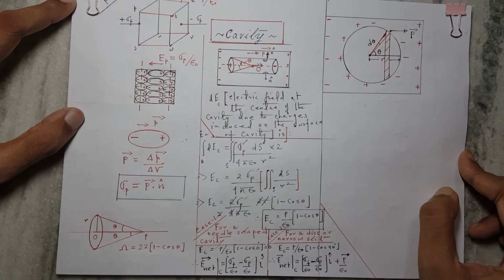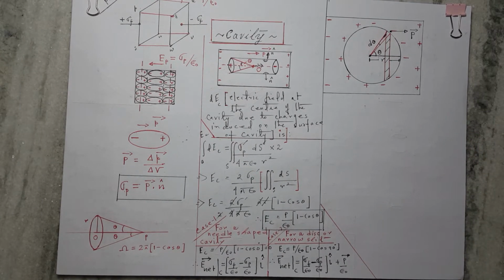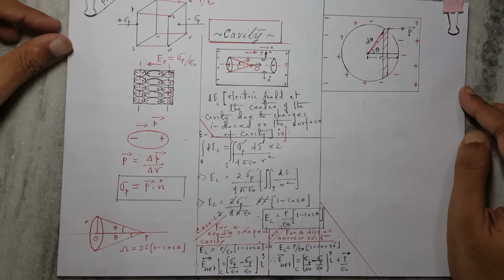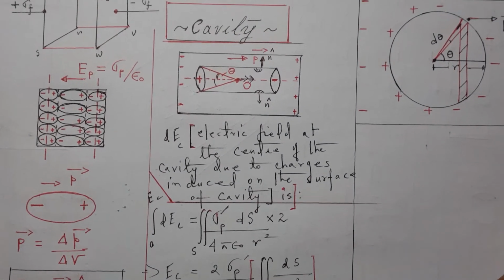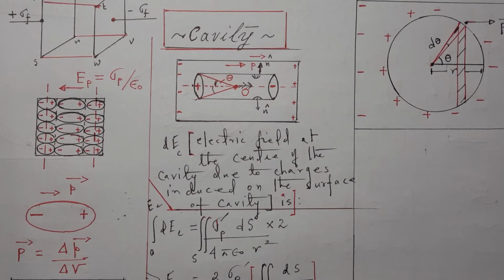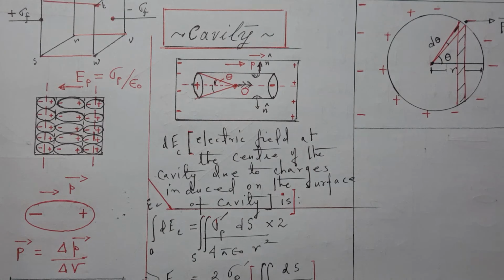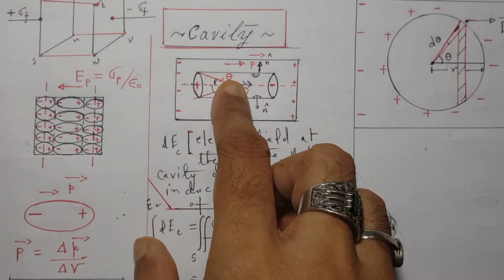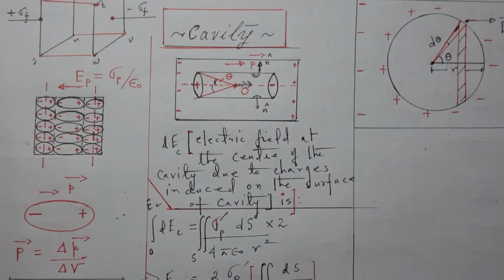Now suppose you have made a cavity inside a dielectric, and that cavity looks like a cylinder, as we can see here. Suppose you have a cavity which is made inside the dielectric. Now inside this particular cavity, what will be the electric field? The electric field that you will get inside the cavity at any point, maybe the center, at the point O, will be